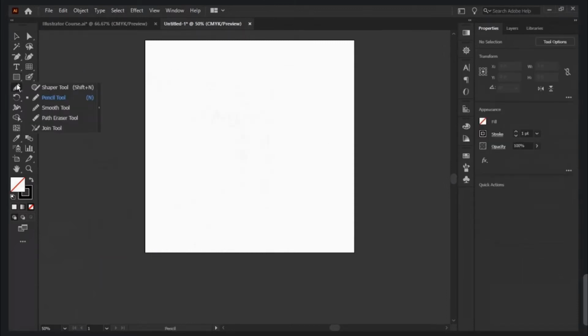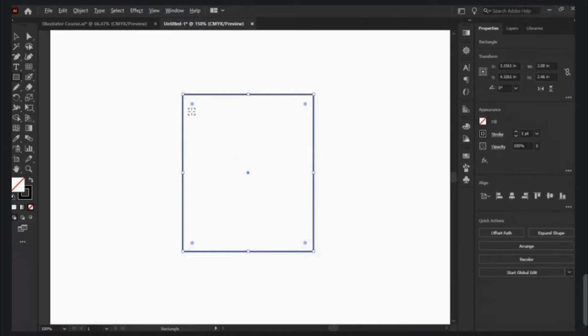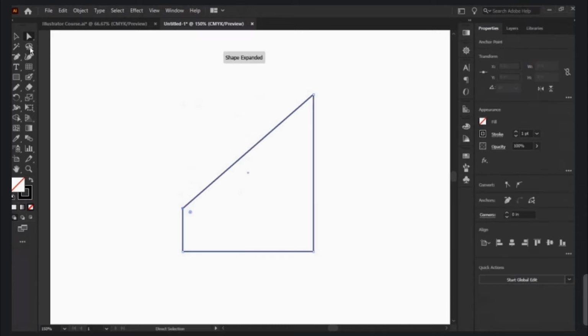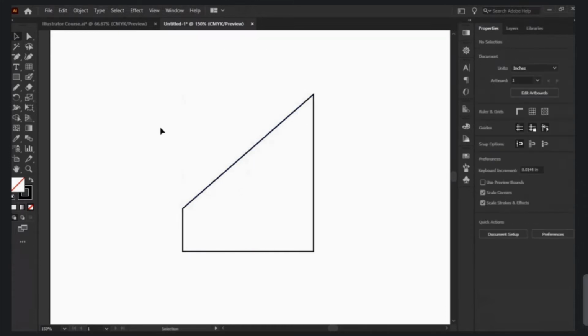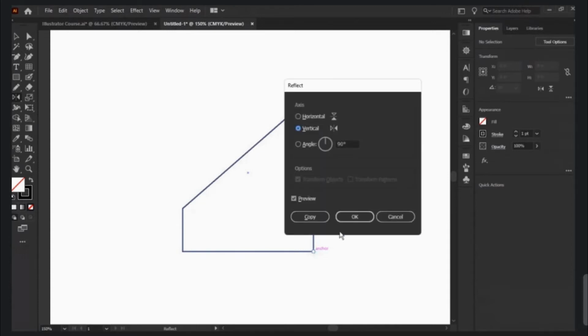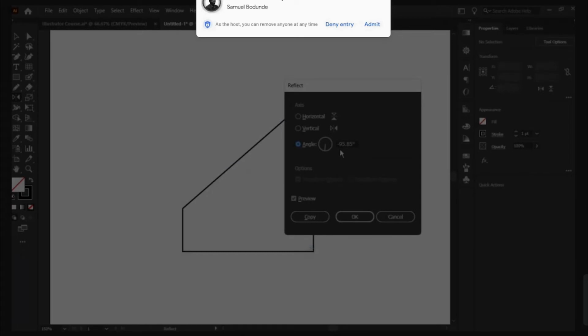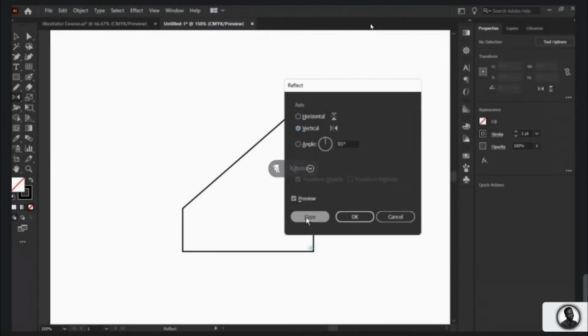And the reflect tool, just like it says, reflects your shape in the direction you wish. So I can show you clearly. Imagine if this is the shape, and I want it to look like the roof of a house. Basically I'll go to the reflect tool, press this part. I'm pressing Alt on my keyboard, so it can give me an option to copy it. So once I hit copy,